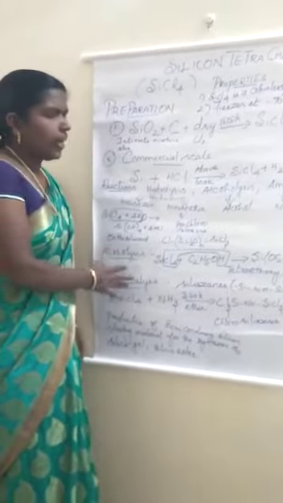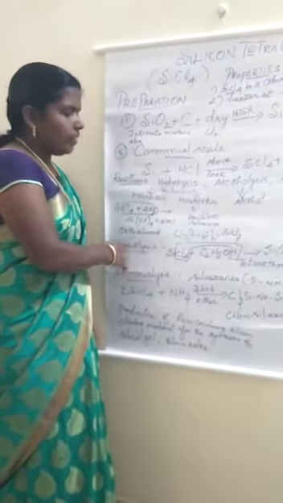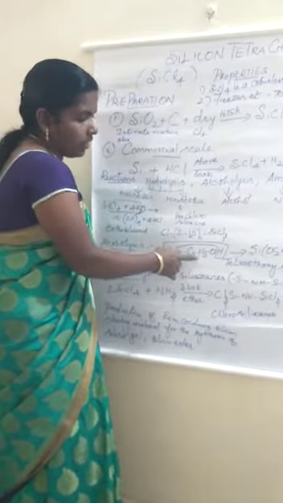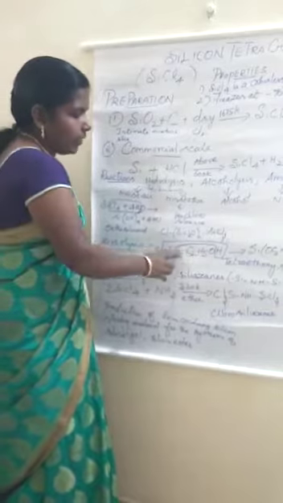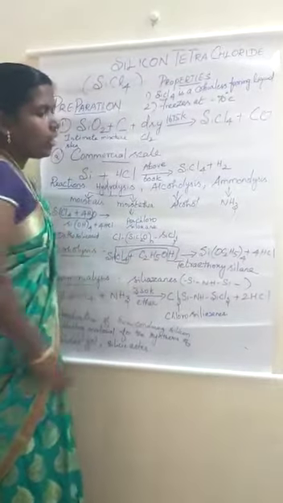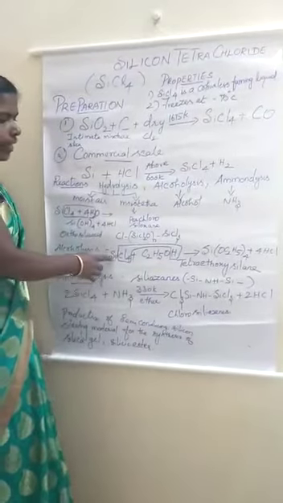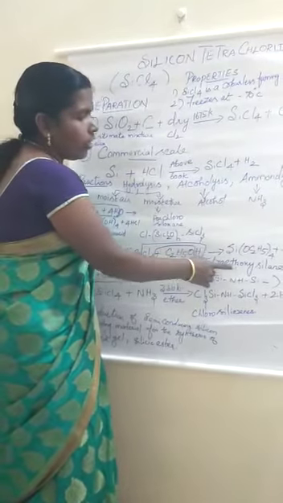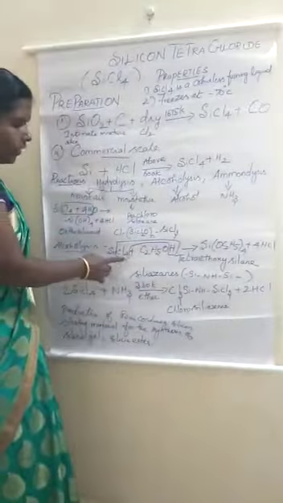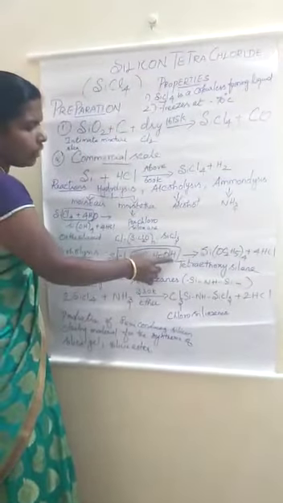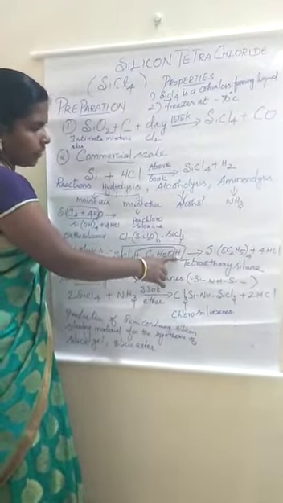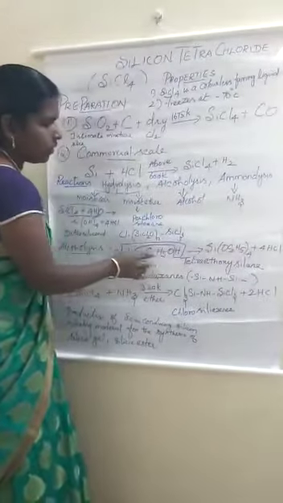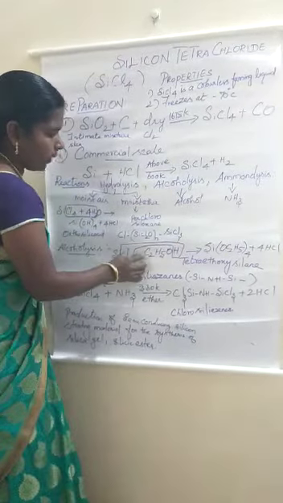The next reaction, alcoholysis. Splitting is done by alcohol. So, silicon tetrachloride reacts with alcohol, ethanol or ethyl alcohol, to form tetraethoxysilane. Here you see 4 chlorine atoms. Here only 1 hydrogen is present. So here also we have to put 4. So 4 HCl, and remaining is C2H5O 4 times, then Si.